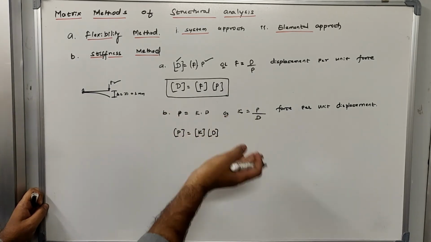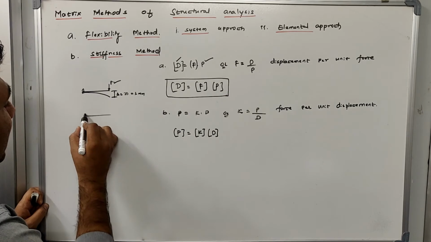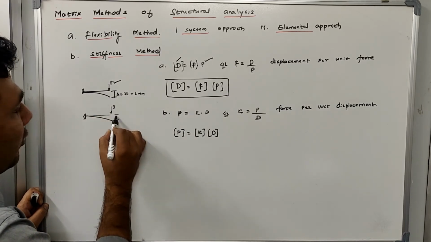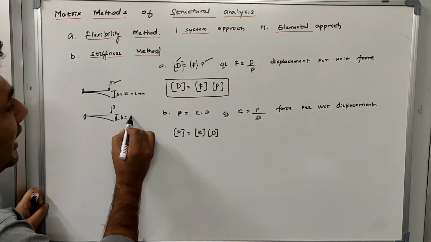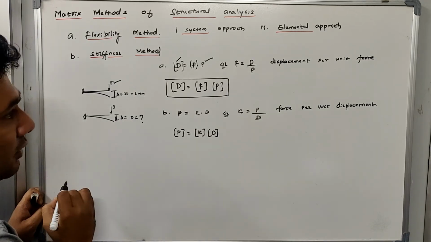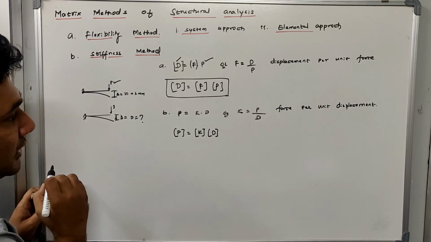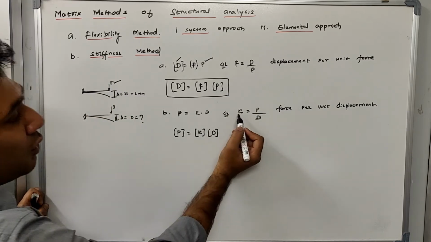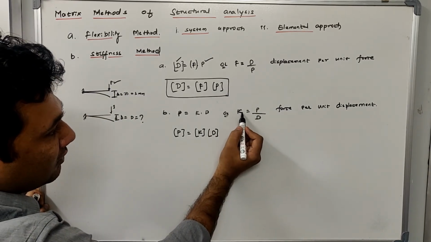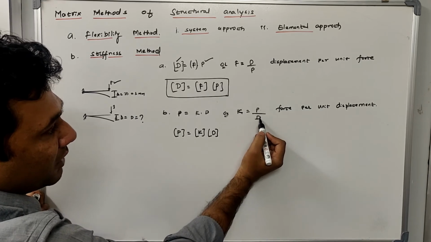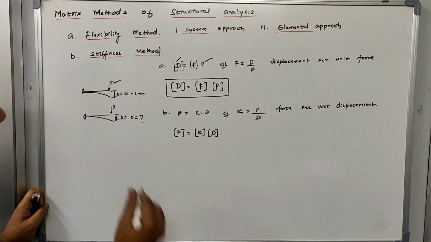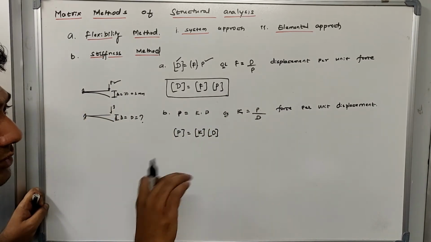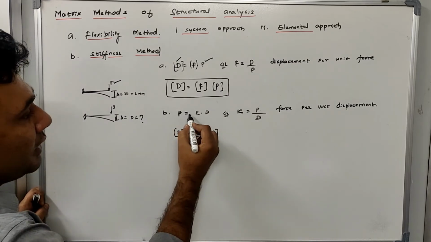Now similarly, going back to what flexibility said, flexibility was like this: I'm applying a unit force, and because of that I am trying to determine how much is the delta. So here delta, the displacement, is the question mark. In this case your force is the question mark. So you try to understand what is stiffness. Stiffness is representing force per unit displacement. If there is one unit displacement, it may be 1 mm, 1 degree or anything, how much force or how much moment is to be applied, that is representing the stiffness value.